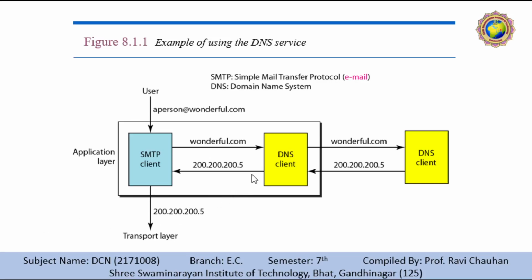When the internet was small, mapping was done by using a host file. The host file had only two columns, name and address. Every host could store the host file on its disk and update it periodically from a master host file. When a program or a user wanted to map a name to an address, the host consulted the host file and found the mapping.